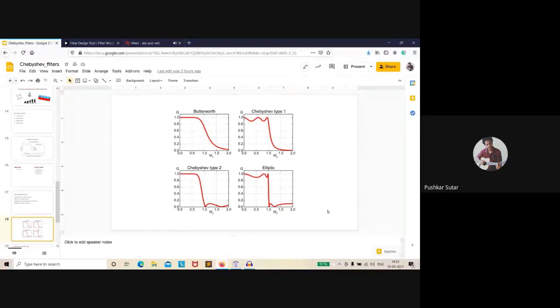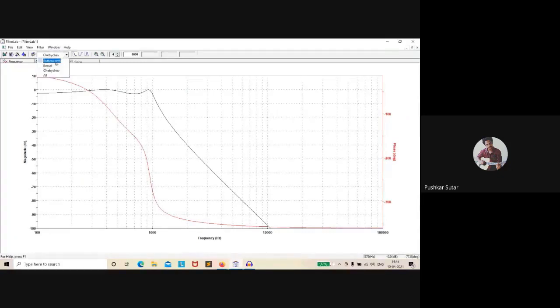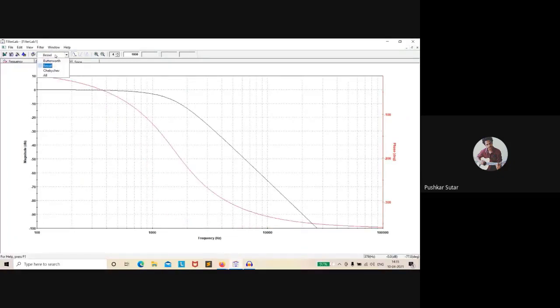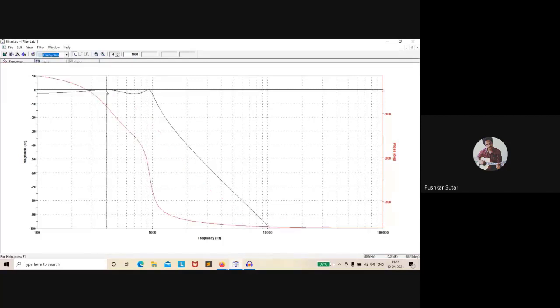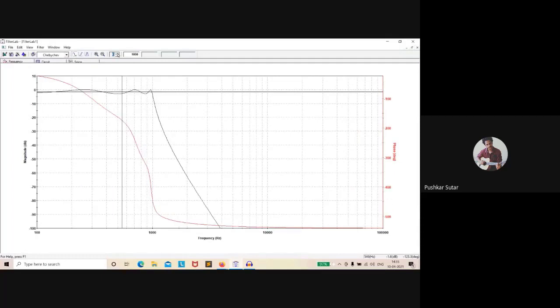So for example, if we have an application where we don't care about the neighboring frequencies, the frequencies around the cutoff, and you just care about the transition, then you'll choose an elliptic filter, right? Now the next filter, the last filter that we're going to see in short, is the Bessel filter. Now one more thing that I want you to observe is, look, when I set the order to 4, 2 ripples came, one top and one bottom, correct? Now if I made it 6, I would get 3 tops and bottoms, correct?